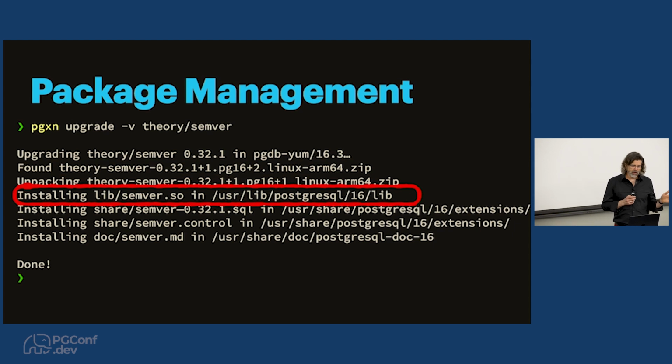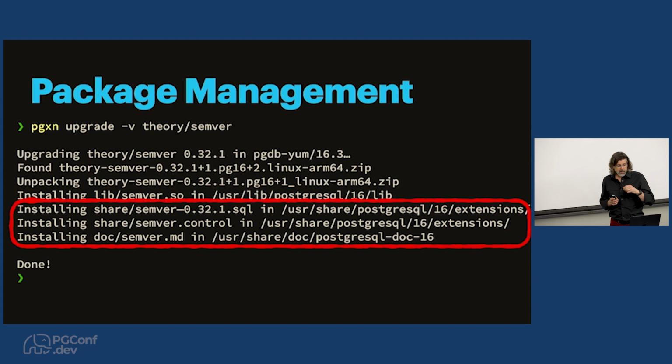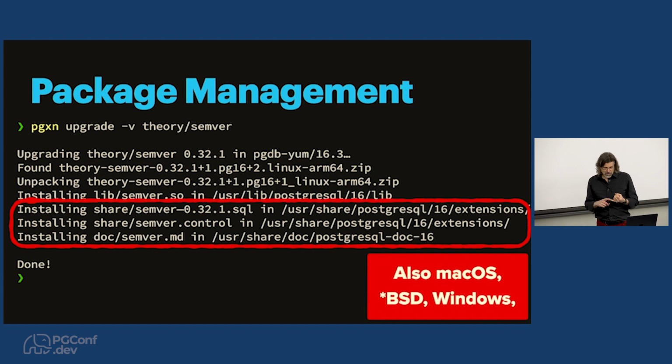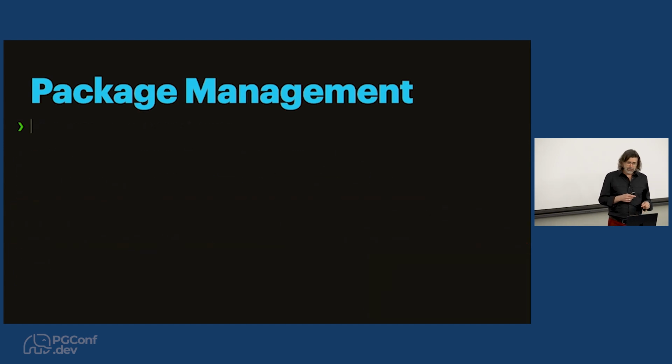It just has the .so file that it knows where to install because PGConf knows where to install stuff. It has the shared dir files for the control file, the SQL files that you need, and also any documentation that's in there, and it knows where to install them. And this would be very, very quick, right? There's no time required other than downloading, unpacking, and putting the files in the right place. We want to support not only Linux, but also Mac OS, some flavors of BSD, and ideally Windows, and there's probably other things in there I can think of.